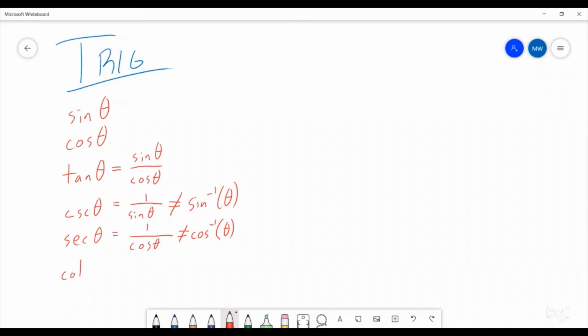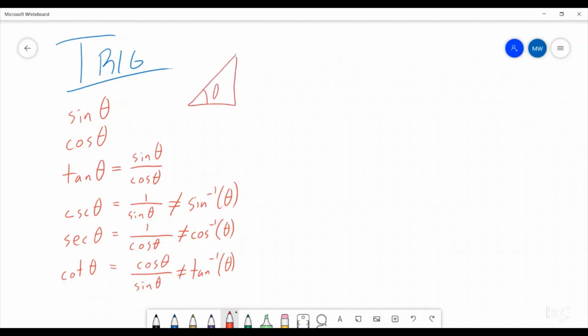Cotangent of theta. And this is also useful, then it might also be useful to know what sine, cosine, and tangent are in terms of the sides of